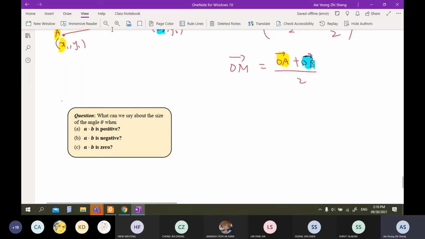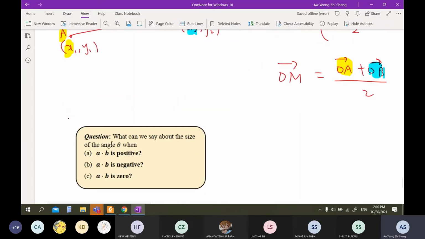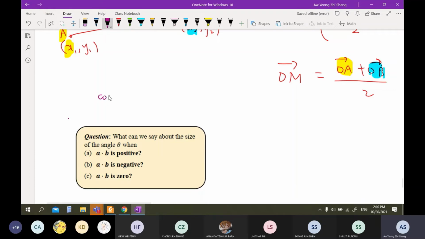Okay, what can we say about the size of the angle theta? So it's actually referring to the cos theta formula, the cos theta formula of A dot B divided by length of A, length of B. And this is in the process of finding the angle between two diverging vectors A and B. Now, what can you say about the size of the angle theta when A dot B is positive, negative,